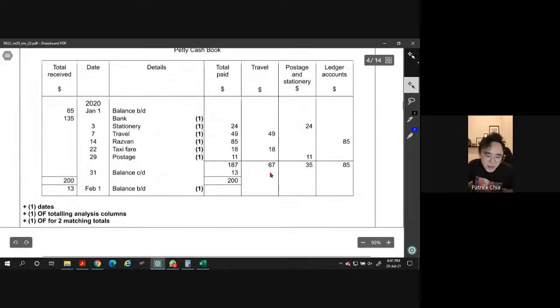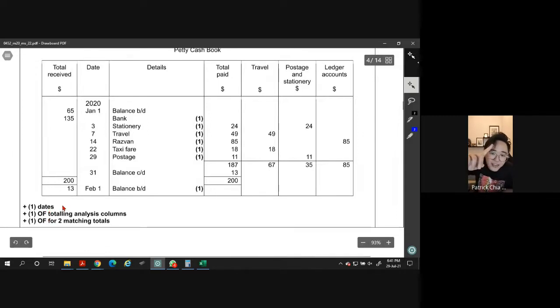All right. This question is a bit weird because normally the marks are given at the... I think this one goes by each line. So you must put the 24, for example, stationery, 24. You must make sure that you put it under the correct column, then only you can get the marks. So your details must also be correct. Okay. So after you're done with all, check out the bottom part here, guys.